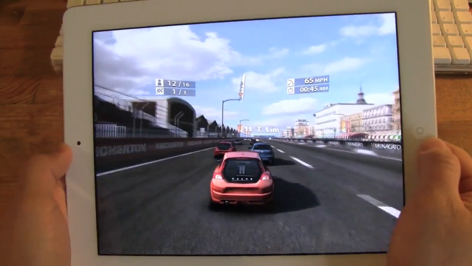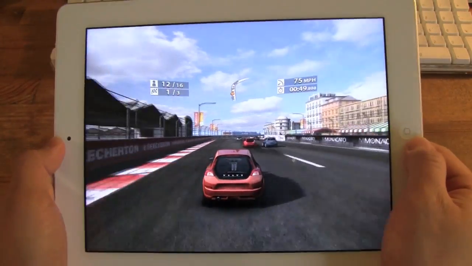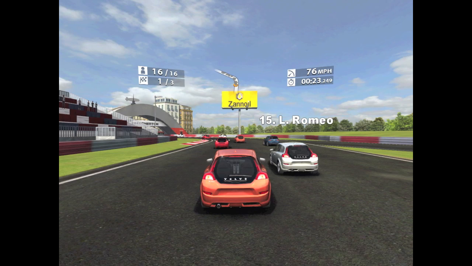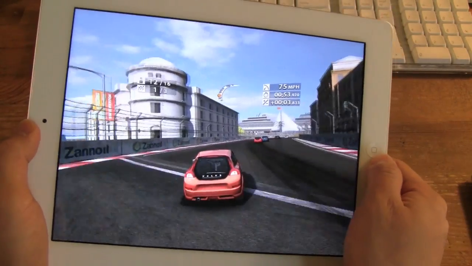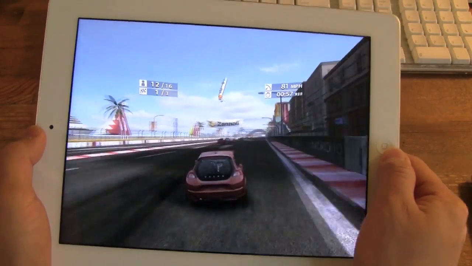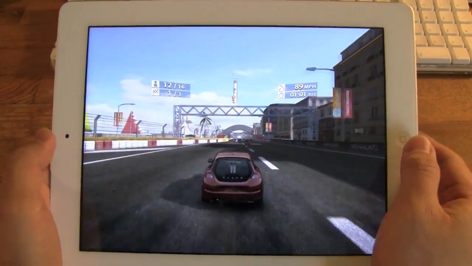Now again, I'm going to try to make this HD or 1080p to see if you can actually see the differences on the screen. We'll have to wait until I actually start editing the video to see what the differences are. But again, compared to the iPad 1, what a monumental leap. Yes, great job Apple, great job to whatever this company is,